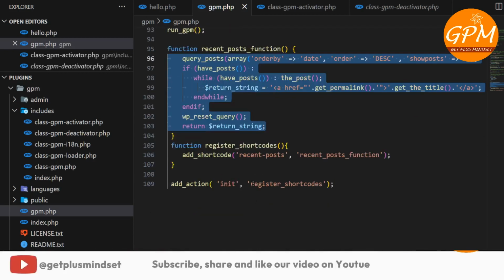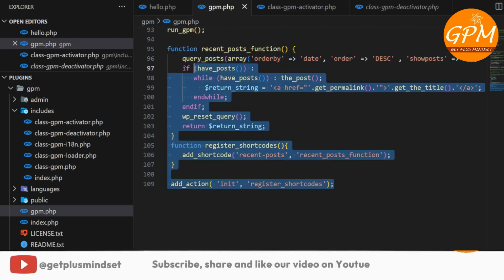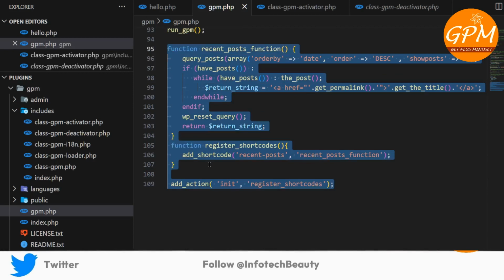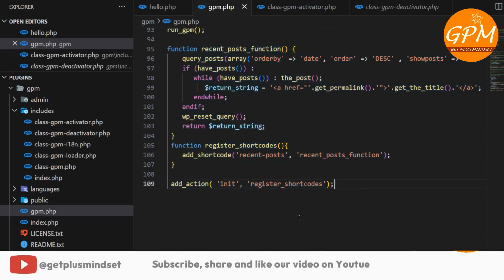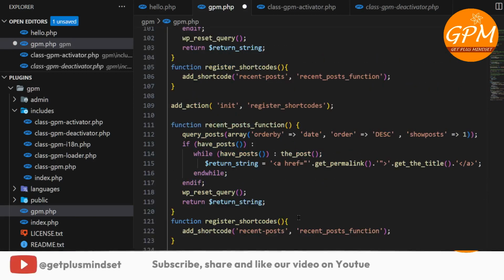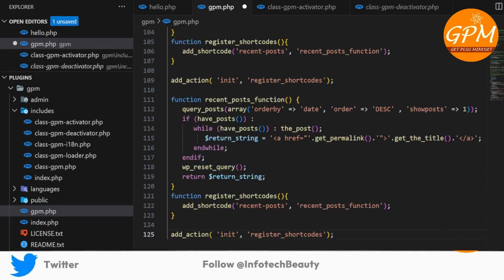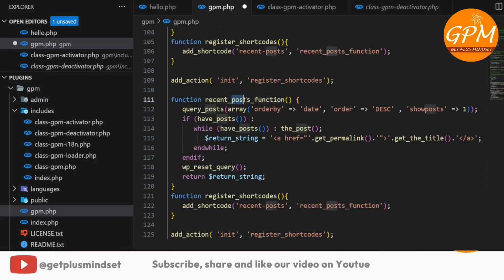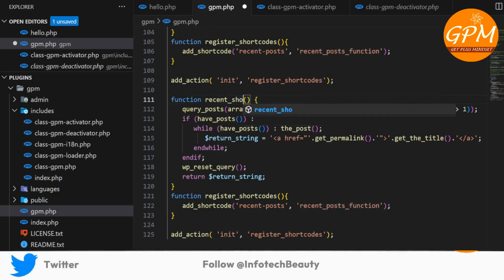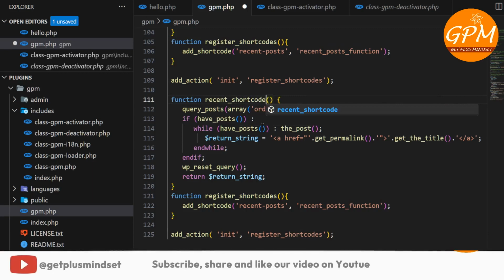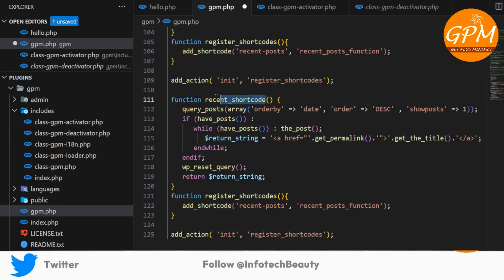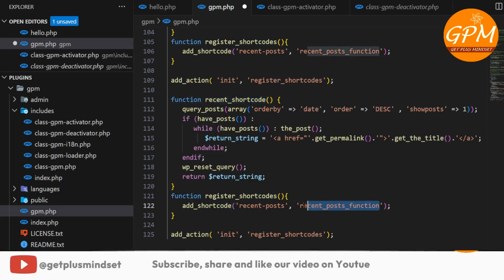Here we are using the query for showing the latest post titles, and then using these two functions, add_action and add_shortcode are the two main functions. Here we are calling the recent posts function